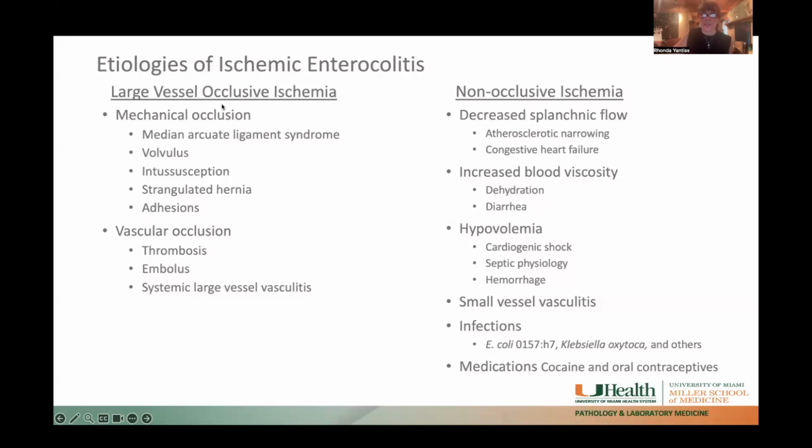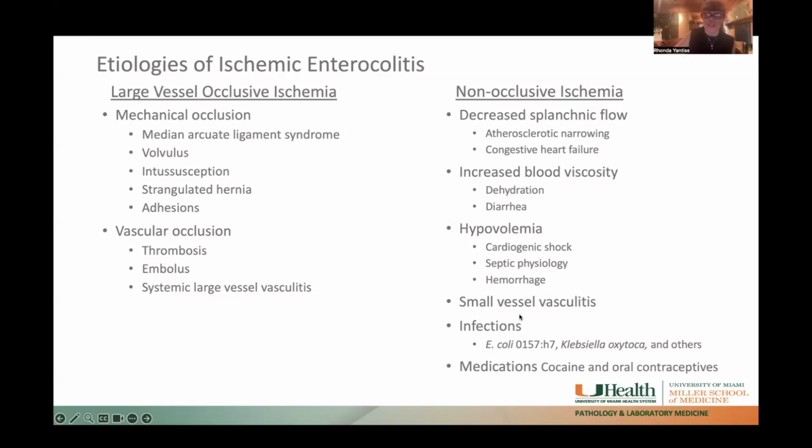Large vessel occlusion usually occurs as a result of mechanical occlusion or a vascular occlusion of a large vessel due to thrombosis and embolus or large vessel vasculitis. Most of these entities are going to result in an irreversible injury to the bowel that results in a surgical resection. Non-occlusive ischemia occurs due to a variety of different factors: decreased splenic blood flow, increased blood viscosity, hypovolemia, sick